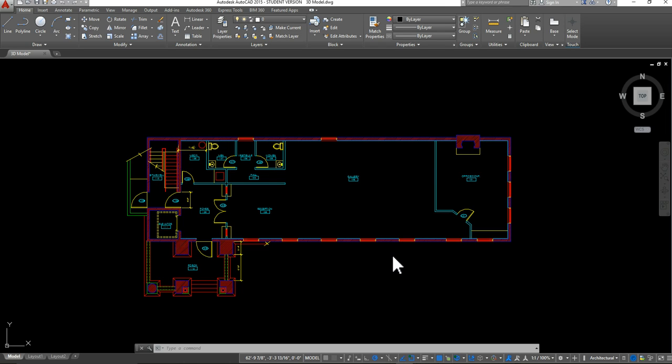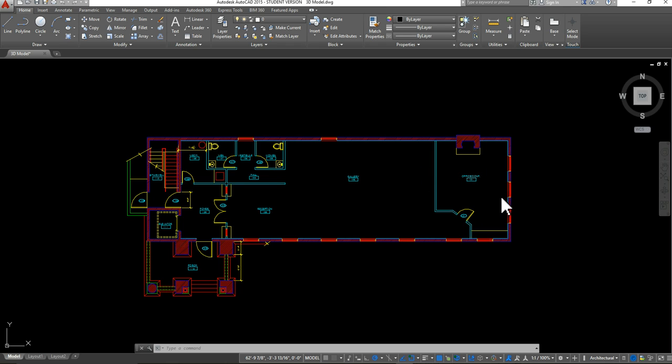Hello everybody. So today I want to talk to you guys about how to get started on your 3D model for AutoCAD. So the first thing I want you guys to do is go ahead and open up the floor plan you plan on working on. Again, you guys will be doing one room model. So you guys can choose to do that either on the first floor or the second floor. It's totally your choice. What I have here is the first floor plan, and I'm going to get started on